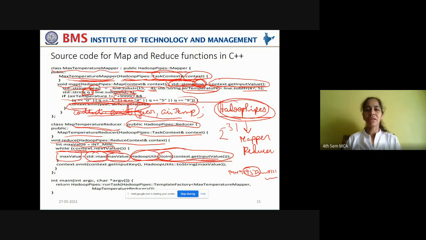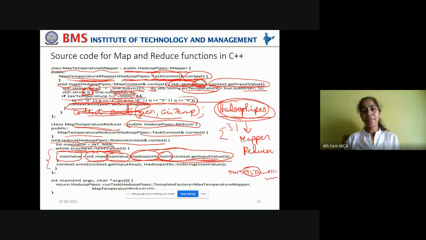Quite easy to understand, right? Now, by the end of this while loop, what will happen? The maximum air temperature that is encountered will be put into the max value variable.